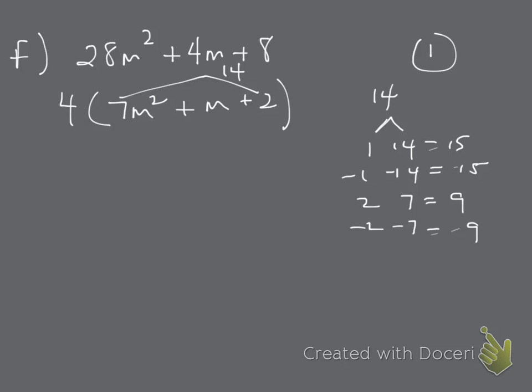So it's not prime because we've already done what? We've already taken a GCF. So our answer is just 4 times 7m squared plus m plus 2. Now that portion, just to make sure we understand that, this part is prime. But the problem is not prime because we did take a GCF out. But this part is prime. Okay. Any questions on that? Okay. Put that